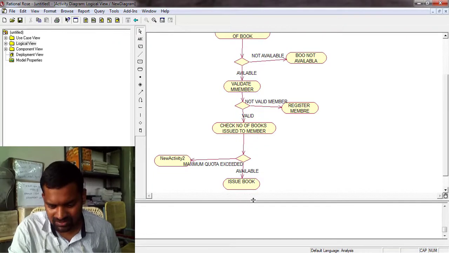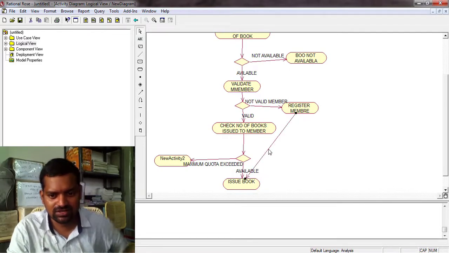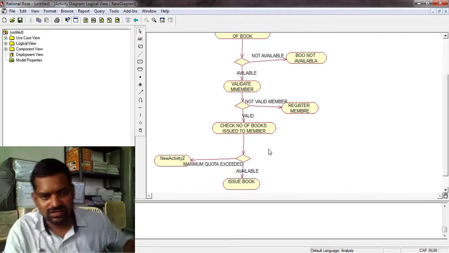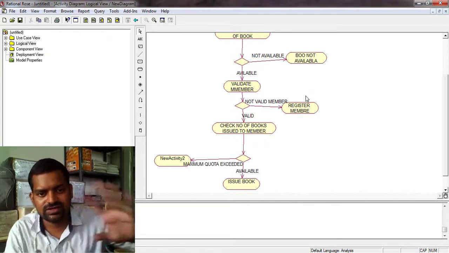add member, issue book. To issue book, you have to select from here to here. Otherwise, you delete that. So use this link, corner links also, and you use delete also.